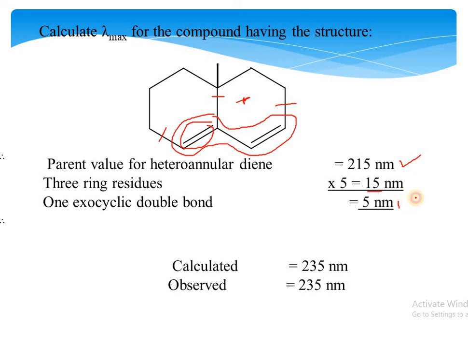So for this is 5 nanometer, so the total comes out to be 235 nanometer, and the observed value is also 235. So it's almost exactly the same value. So taking up another example,